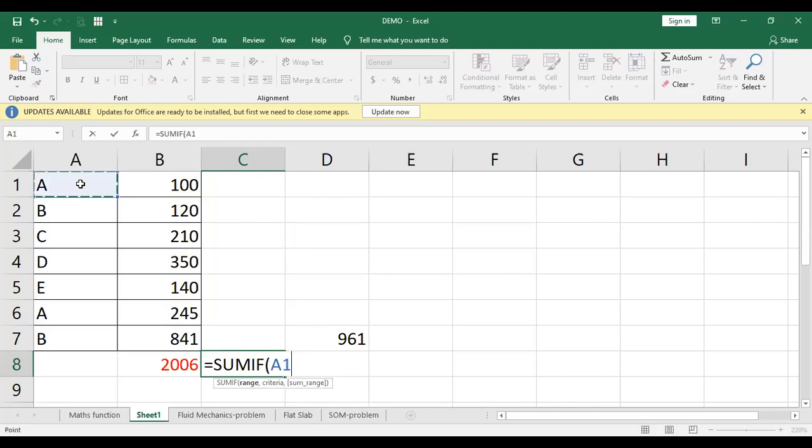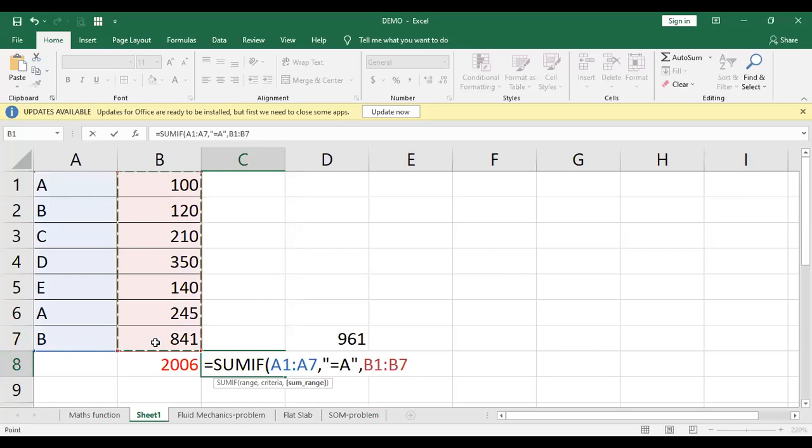So you can just click on here, click on this, then comma, give double quote, then equals to what you want to make the sum. Earlier we did it for B, I can make it for A here now. Double quote complete, and then again comma, and then you can give this sum range.